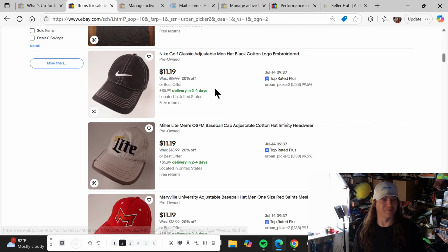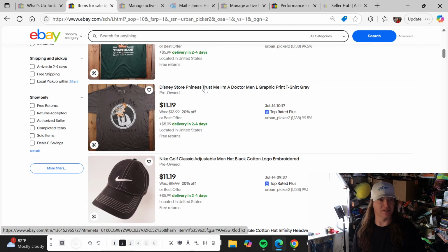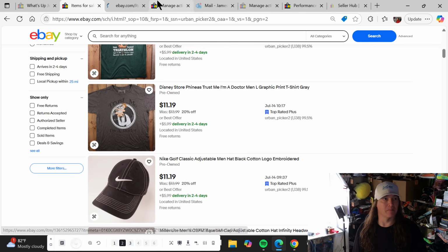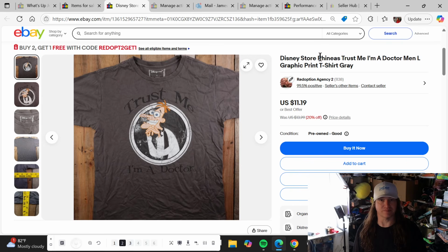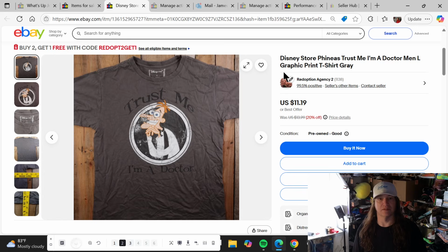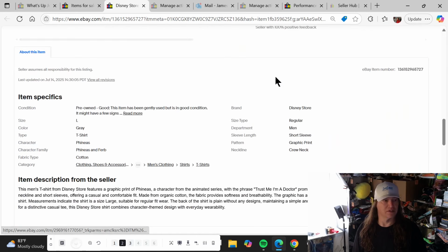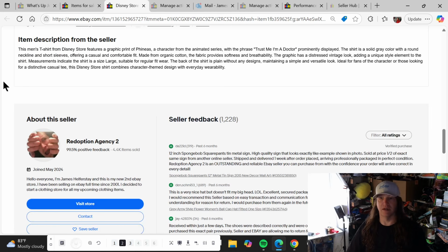And more hats there. But lastly, we'll just stop on this one, a Disney store. It pulled the person up, who it is, even though it's not on it anywhere. So it did recognize the character, which is good. And it recognized the whole character, the actual cartoon name down here. So, again,